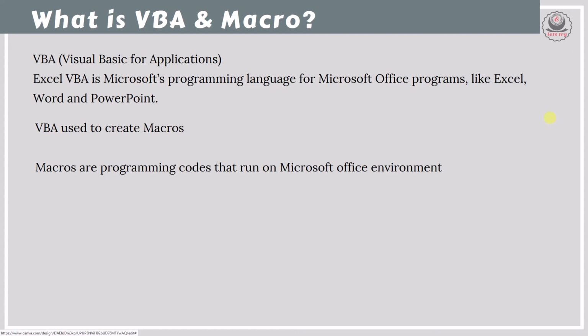And we can notice here the Visual Basic for Applications. There is a meaning why it is mentioned as application. Visual Basic is a programming language that runs independently. It doesn't require any host. But Visual Basic for Applications requires a host. If you are running in Excel, Excel is the host. If you're running in Word, Word is the host. Without that host, we can't run Visual Basic for Applications.